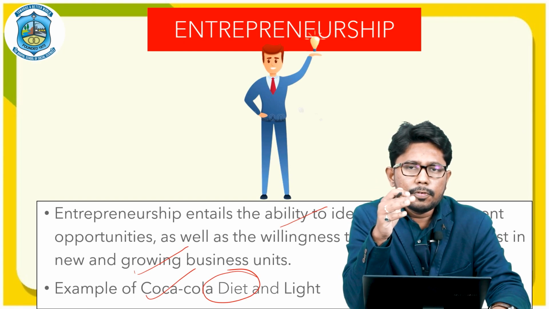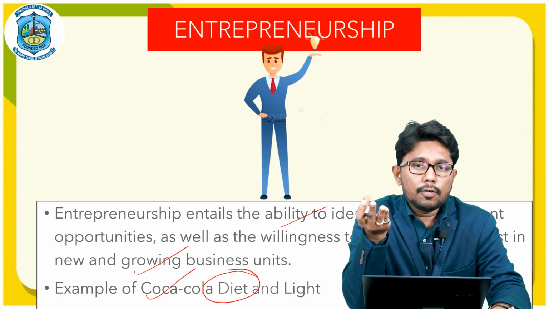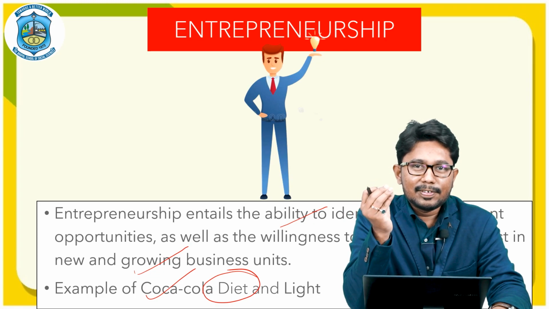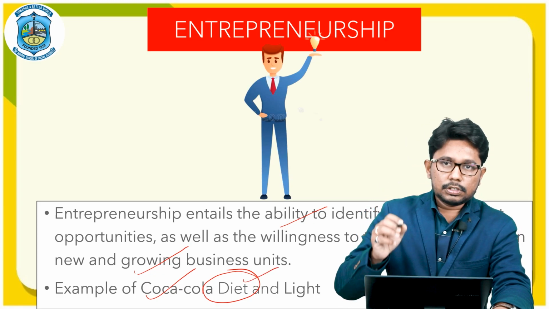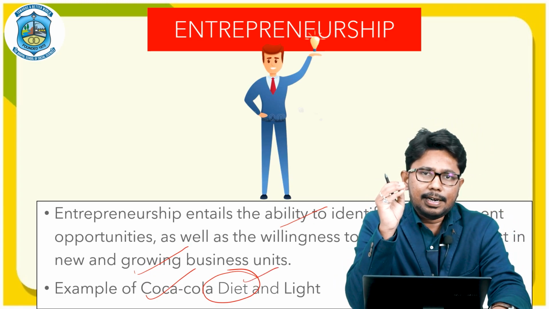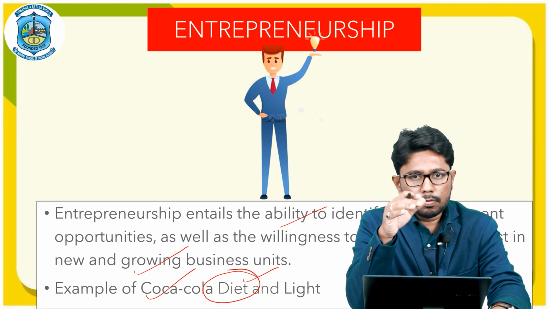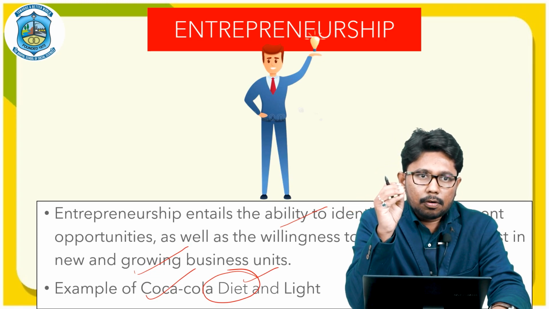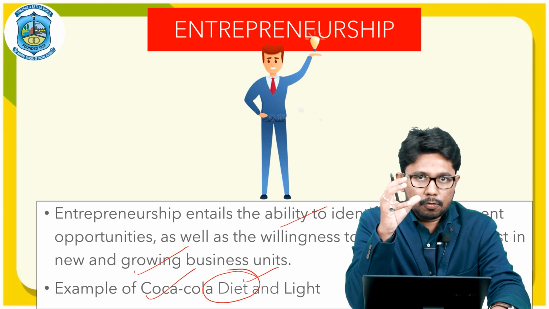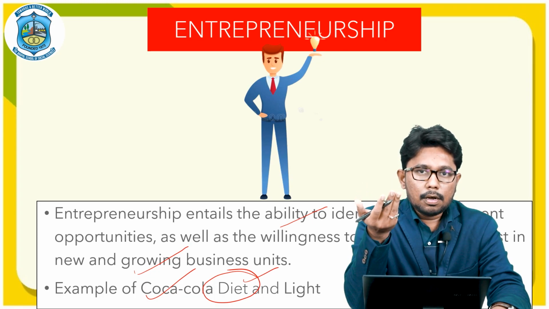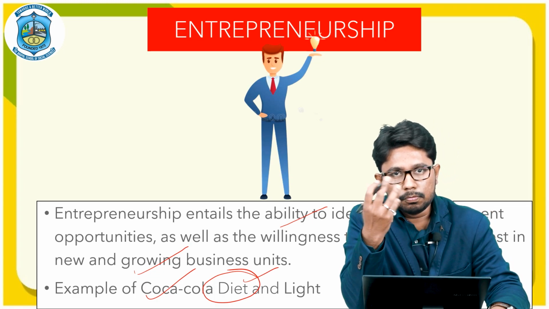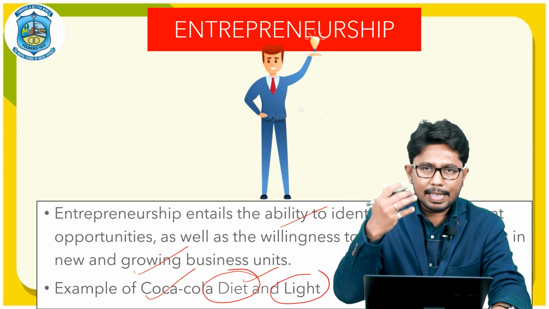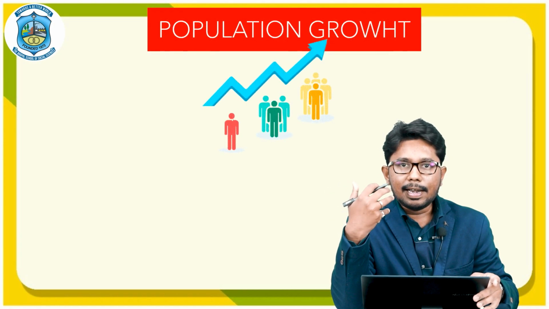It might happen that if you ask any Japanese person, are you on a diet? He or she will slap you back. So this is the actual meaning. So the Coca-Cola researchers wanted to replace the word diet with light. If you want, you can Google it. The Japanese company of Coca-Cola is producing a can with the name Coca-Cola Light as compared to Diet. So this is entrepreneurship, the idea of an entrepreneur which helps increase the development process